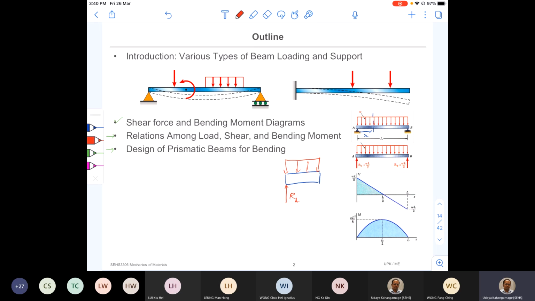And the distributed load, we normally represent by an equivalent concentrated load, right? And after that, we apply our internal forces. So internally, we have the shear force V in the positive direction and the bending moment M, right? So in this method of sections,